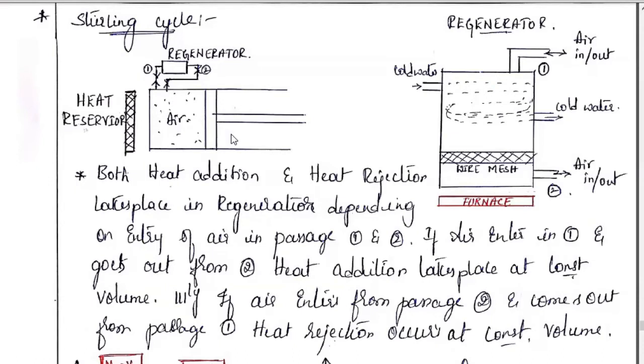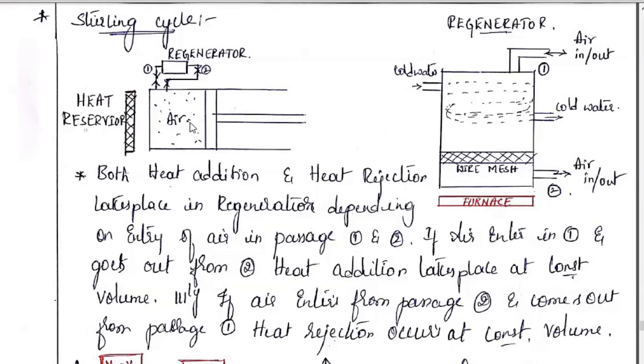Now check out what happens during the compression process. There is hot air. That hot air goes to the second condition, comes out as cold air from the regenerator from the second port, and again it is recycled. Similarly, during the exhaust stroke, the cold air comes inside. This cold air passes into the regenerator, passes over the second compartment, is heated up and comes inside. So this cold air which is passing from the first condition becomes hot air in the second condition. If hot air passes in the second condition, it becomes cold air in the first condition. So in this way, the vice versa process is carried out in the regenerator.